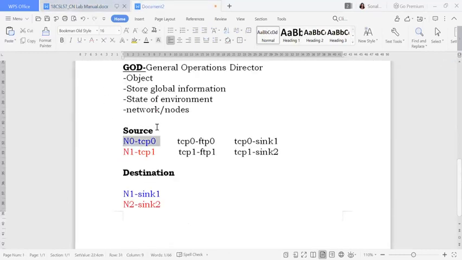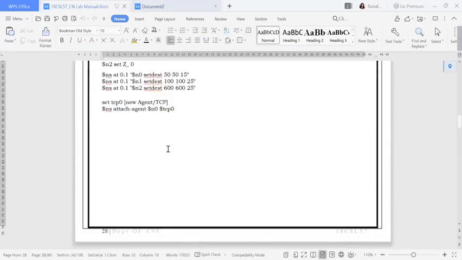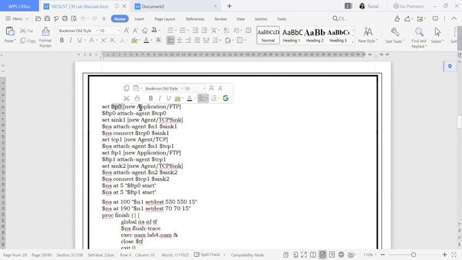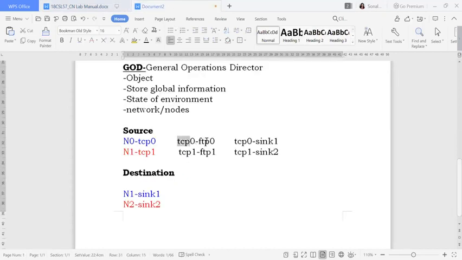So that has been written here. Next, what has been written here? Next is FTP. Here you can see FTP0, which is present inside your FTP, connected with your FTP0 to TCP0. See here, FTP0 to TCP0 has been connected.